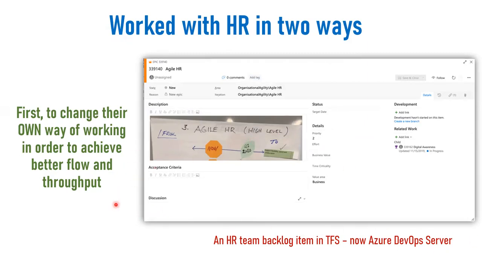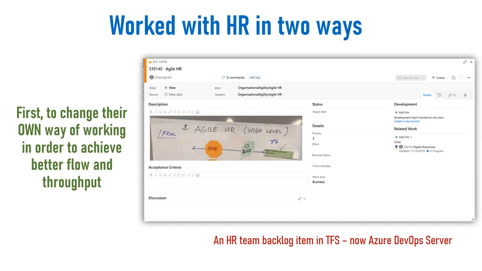In this case, this place was not using Jira, they were using TFS as their DevOps server, but they created a whole bunch of stories on their own way of working, how to better achieve better flow and throughput. They were working as individual contributors. There wasn't enough teamwork. We took them from absolutely no agile knowledge to working together as an agile team. Transparency and sharing and swarming things, and entering their stories in their DevOps. It took a while, but they loved it, and they became quite a bit more productive.